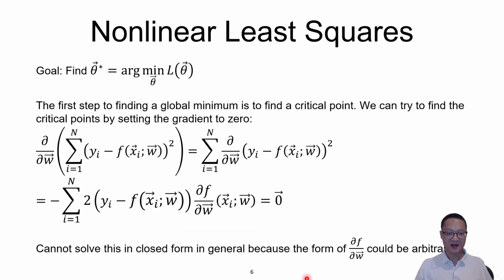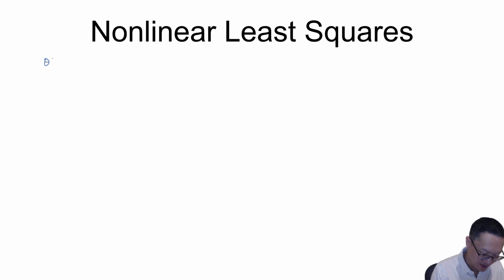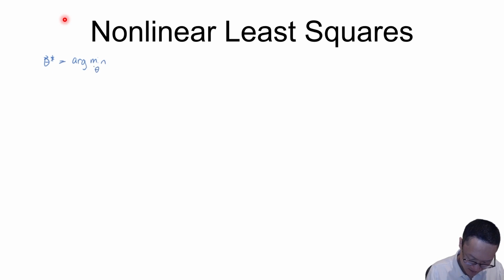Okay, let's take a look at how we can obtain theta star or W star, at least in nonlinear least squares. So let's just write this out. Take some time to write this out. Okay, so in general we would like to find theta star, which is, just making sure you can see, argmin over theta of some objective function L of theta. In our case, with nonlinear least squares,